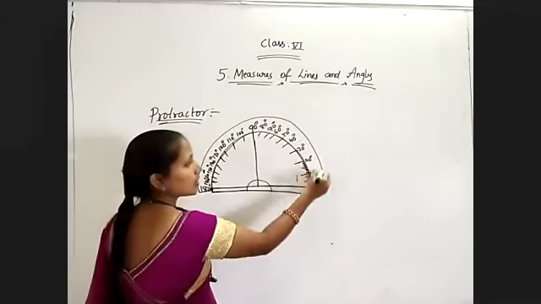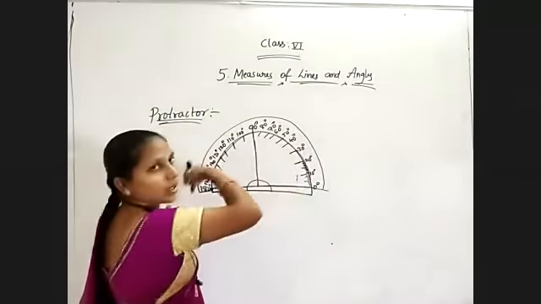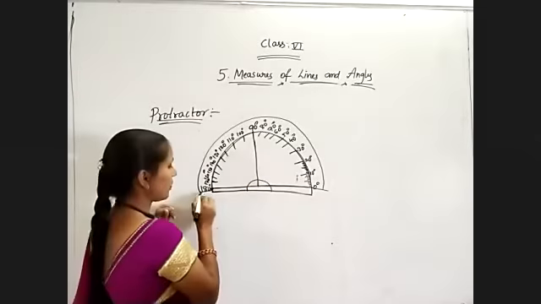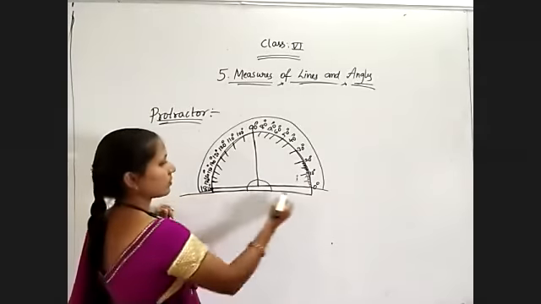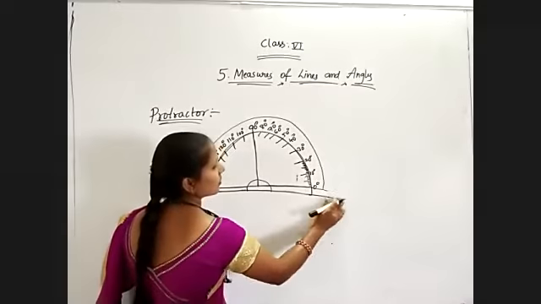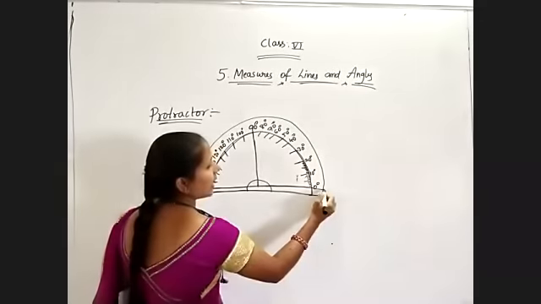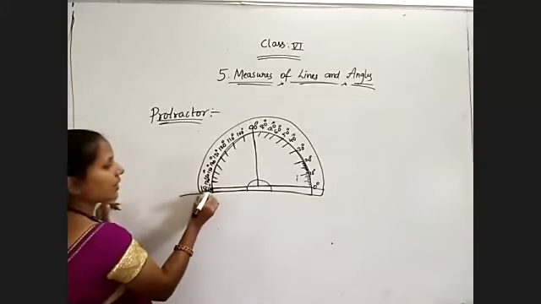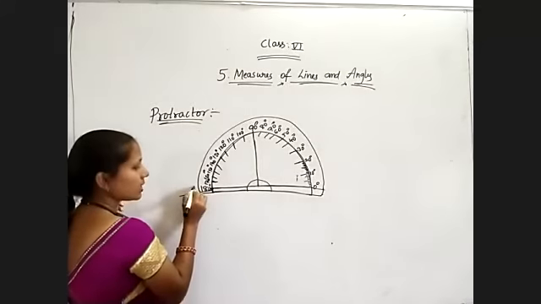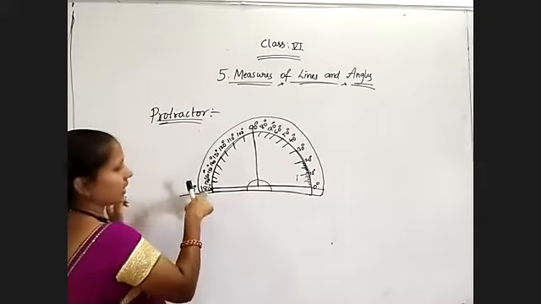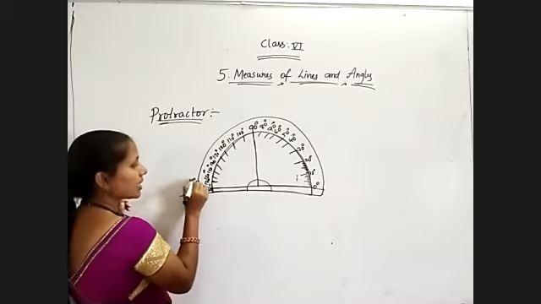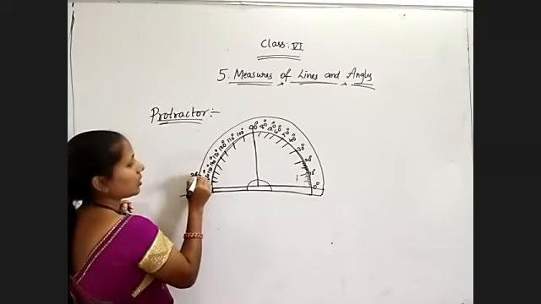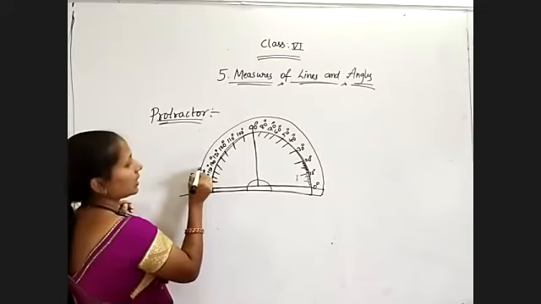That is right side to left side, anti-clockwise. Left to right is a clockwise direction. So we will see. And again they have 0 to 180 on that side. Wherever you got 180, here we will get 0. 0 plus 180 is 180. And here we will get 10 degrees. 10 plus 170 is 180. 20. 20 plus 160 is 180.